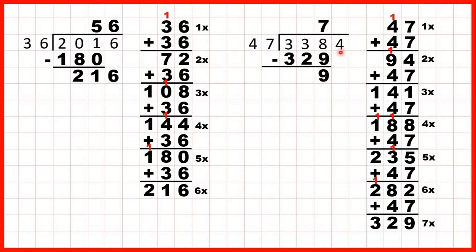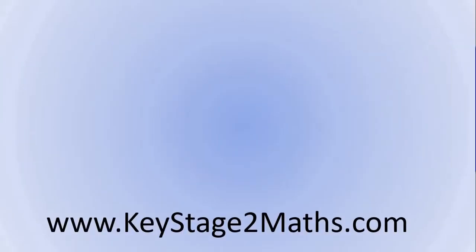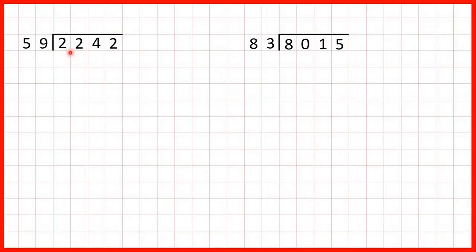329 is 9, and we can bring down the 4, so we have 94 divided by 47. Now 94 is in the 47 times table. That's exactly 2 times 47, so we know that 2 must be the last digit of our answer. We have